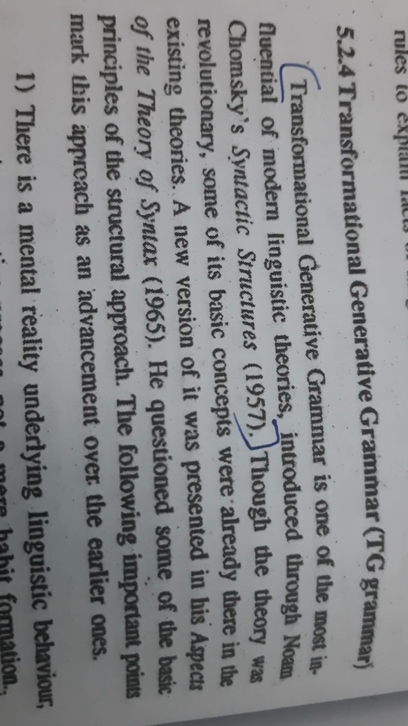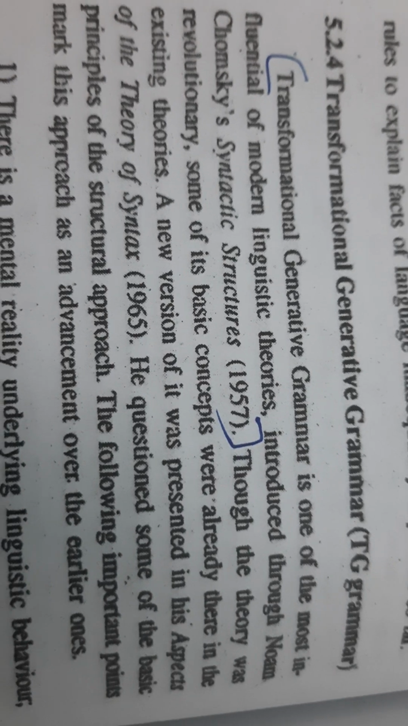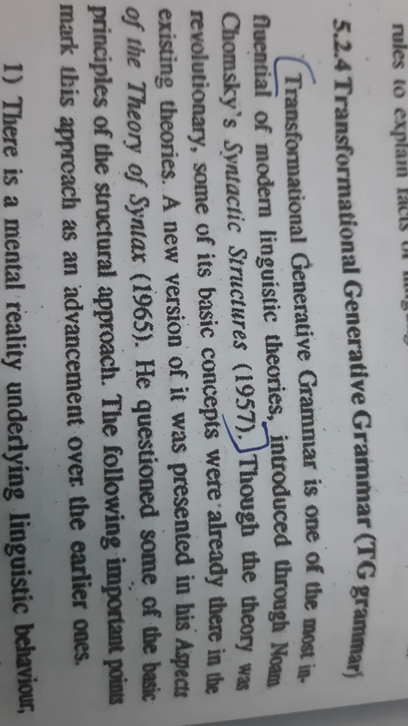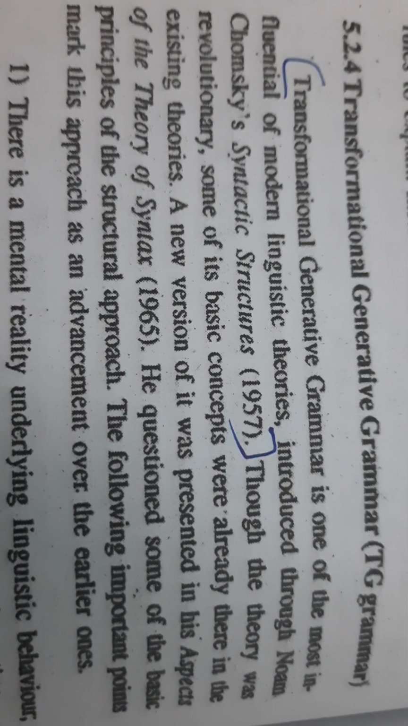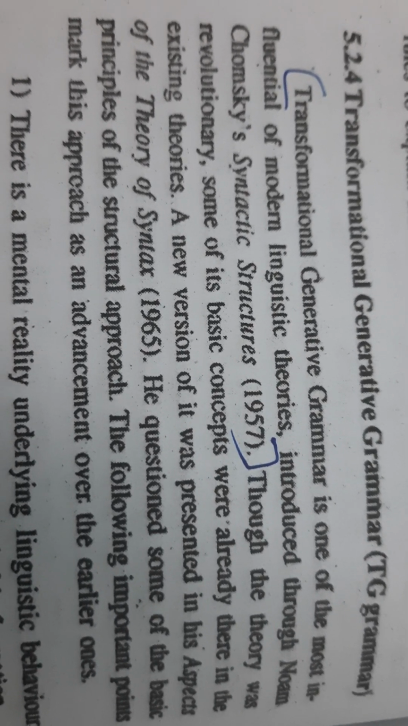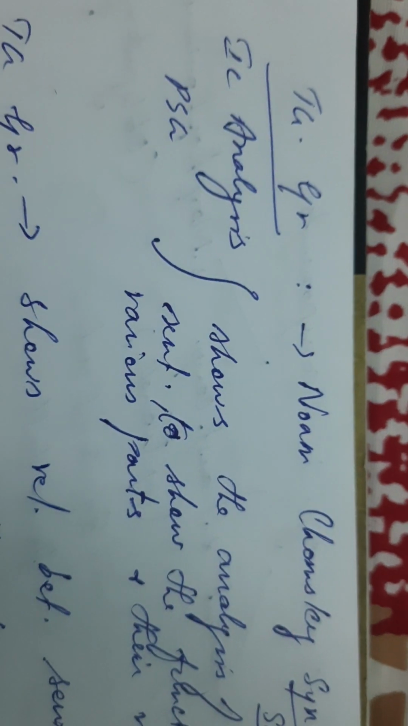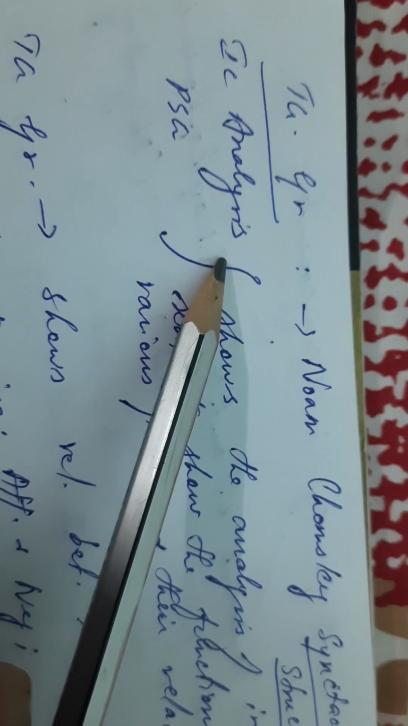So next we will go on to the next type of grammar, TG grammar, which is actually transformational generative grammar. Okay, and this is again introduced by Noam Chomsky in his book Syntactic Structures in the year 1957. So before we go into what is TG grammar, so far we have seen IC analysis used by structural grammar